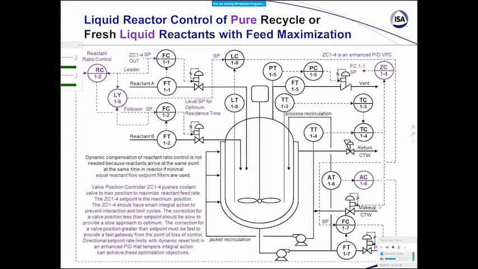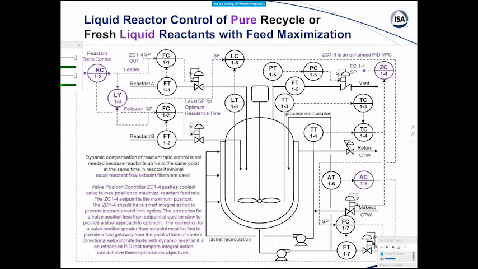It's going to force that coolant valve to its maximum good throttle position with enough room to protect against disturbances, and do that by that valve position controller, ZC 1-4, adjusting, trimming the set point through the leader then of the